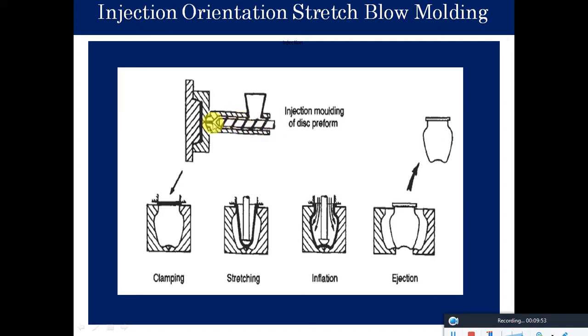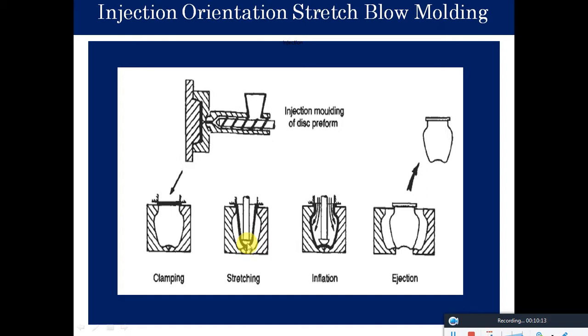Once you turn this screw rod, it will inject the molten raw material, and it will take the shape of the mold you have here. So this becomes the preform of that particular product, and this preform is again clamped,